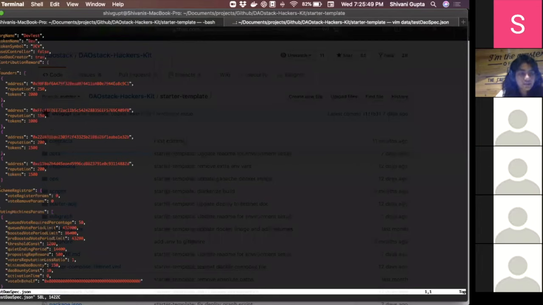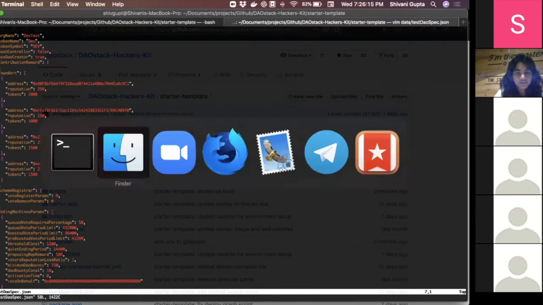So this is the DAO spec file. It's in the data folder where we can set the name of our DAO, the token and token name and its symbol. We can set whether we want to use universal controller or not. So if we decide to use universal controller, it will just use a pre-deployed controller. But if we end up